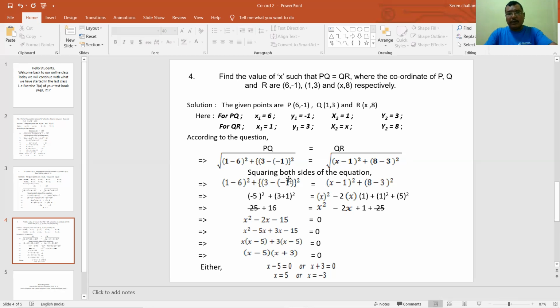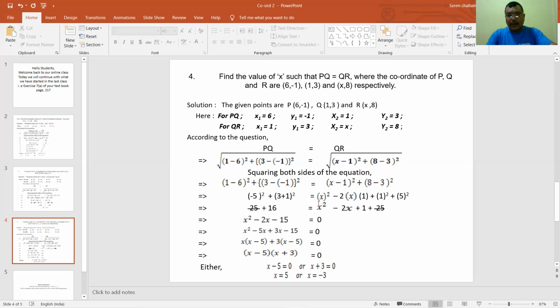Again, if you square both sides of the equation, this radical or square root symbol will get cancelled. So we are left with whatever is inside the square root sign, that is 1 minus 6 whole thing squared plus 3 minus minus 1 whole thing squared is equal to x minus 1 whole thing squared plus 8 minus 3 whole thing squared. Now in the next line we have 1 minus 6, it gives us minus 5, so minus 5 whole thing squared plus here 3, we have two minus signs, minus minus becomes plus, so 3 plus 1 whole thing